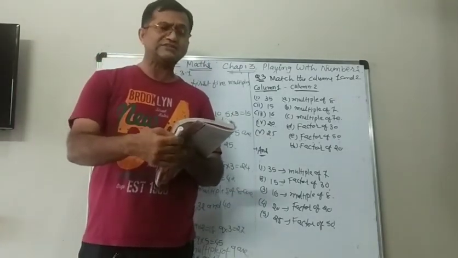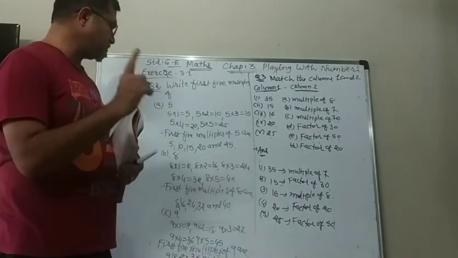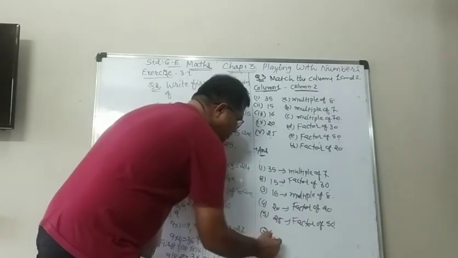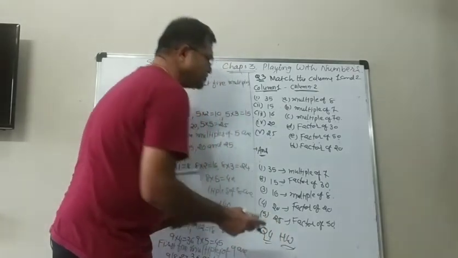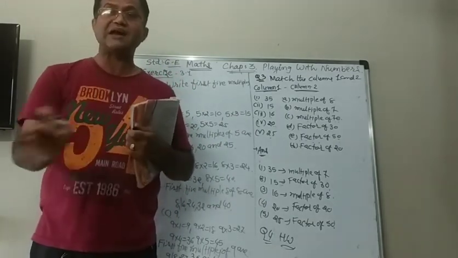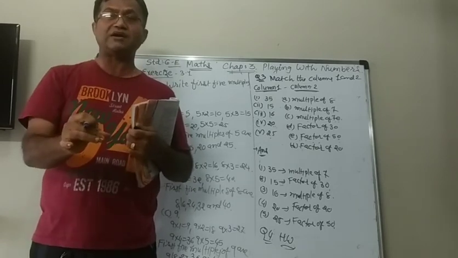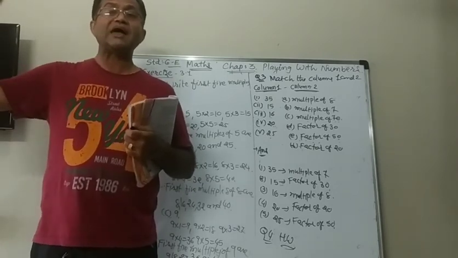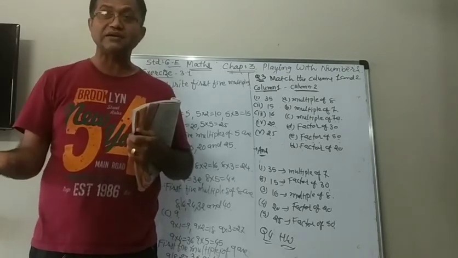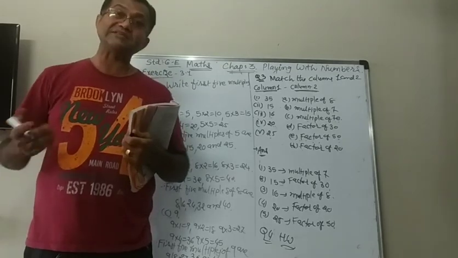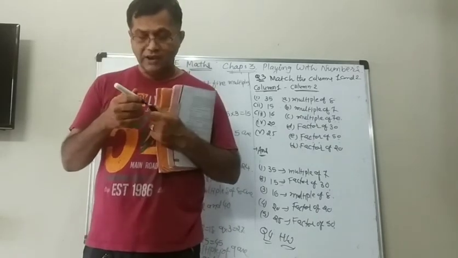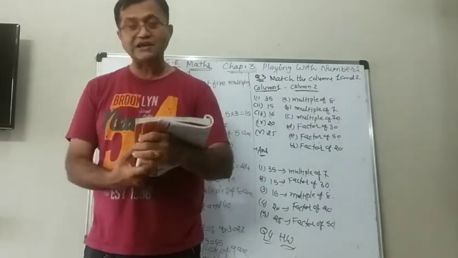So now there is a last question remaining, question number 4, and it is very simple. So I think you can do that question for your homework, in which we only have to find the multiples of 9 up to 100. We start 9 1s are 9, 9 2s are 18, 9 3s are 27, up to it mustn't exceed 100. Then you have to stop. Like 11 9s are 99. Then you have to stop, because 12 9s will be 108. So up to 100, whatever are the multiples, you have to write it down, that last question.